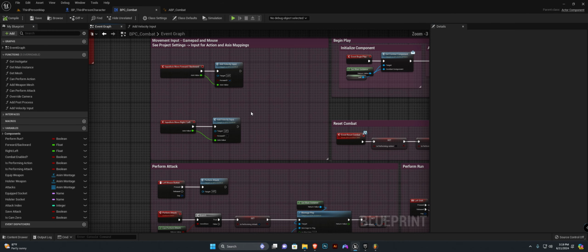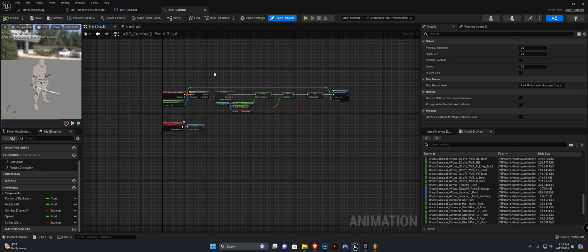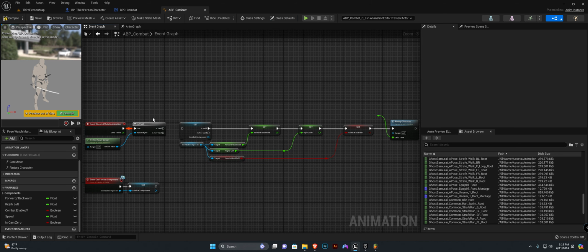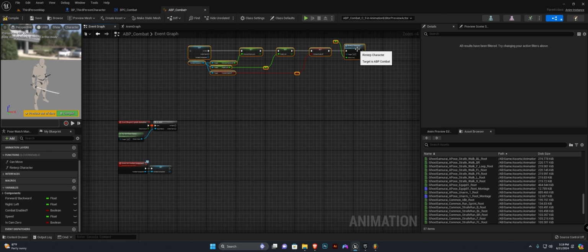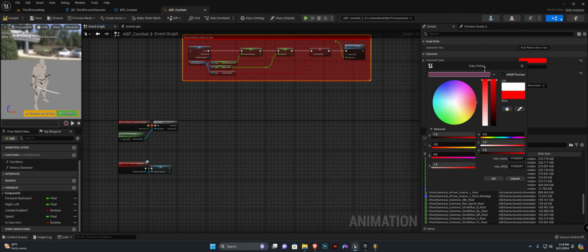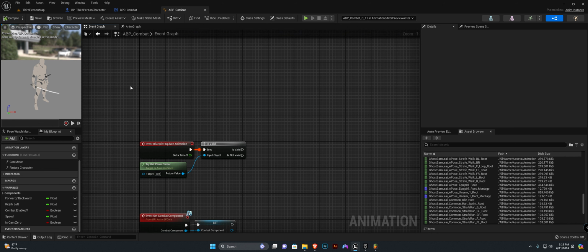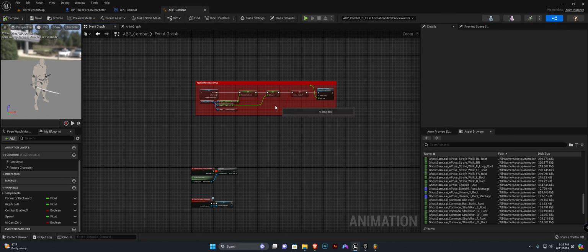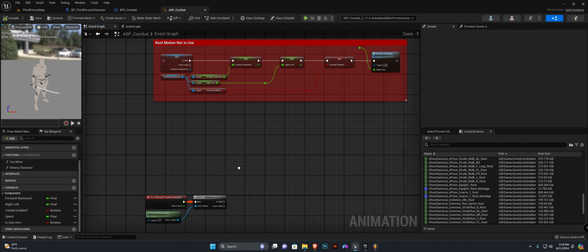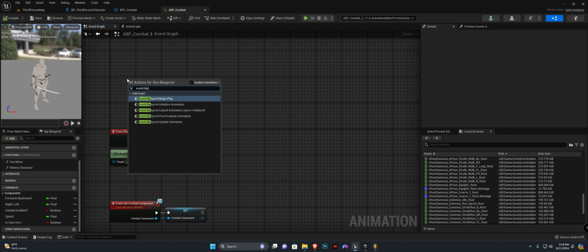So that's all for this side. Let's update the animation blueprint. So again, I'm going to disconnect this and move it aside. Root motion not in use. Great. So we'll still need the combat components to update the combat enabled variable, but we'll need a few things first. So from the try get pawn owner, actually let's do an event blueprint begin play,